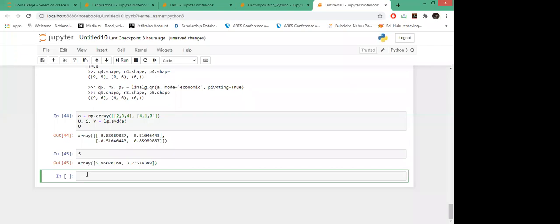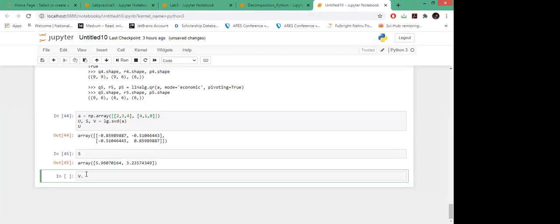So what happens? This S vector has all the singular values stored in decreasing order, right? Suppose you have 10 singular values, the size of the matrix is 10 cross 10, and you have this S, so you can always choose to truncate. You have this truncated SVD to get just the top 3 values with the maximum information which your data is giving. So let's see how we can do that. We can check the shape of this matrix also.